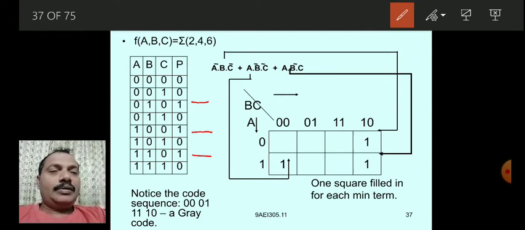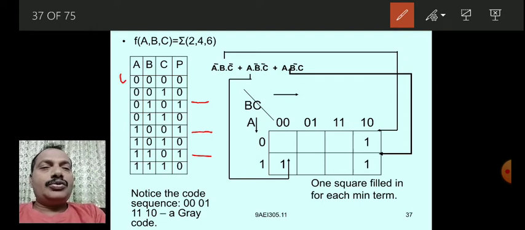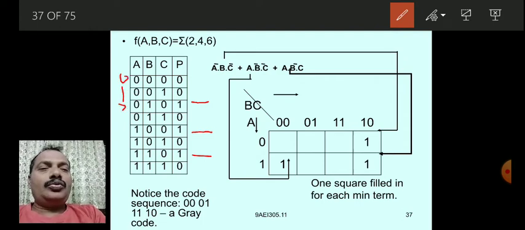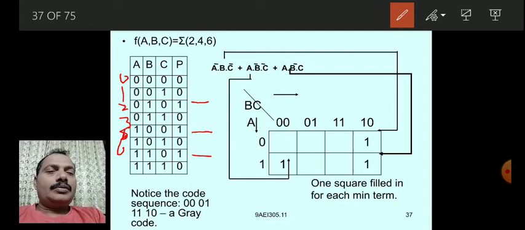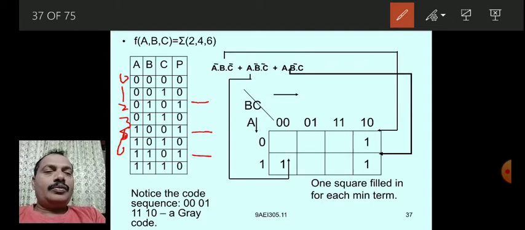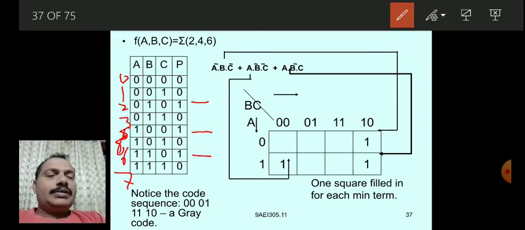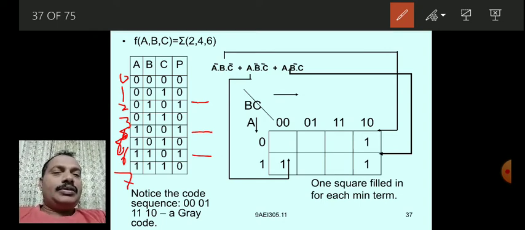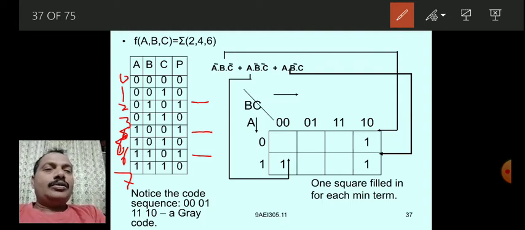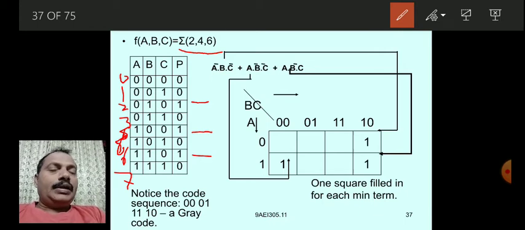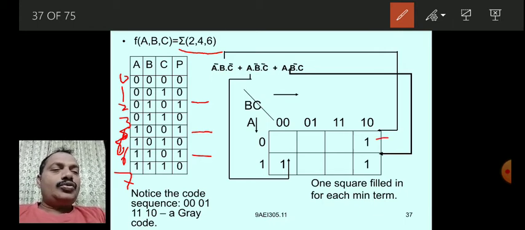The cell numbers are 0, 1, 2, 3, 4, 5, 6, 7, and at 2, 4, 6 you have to fill ones.